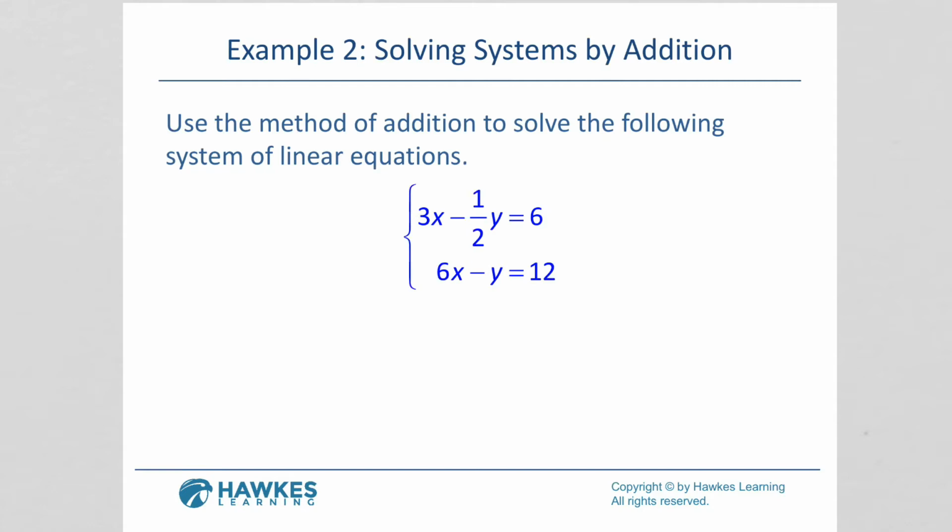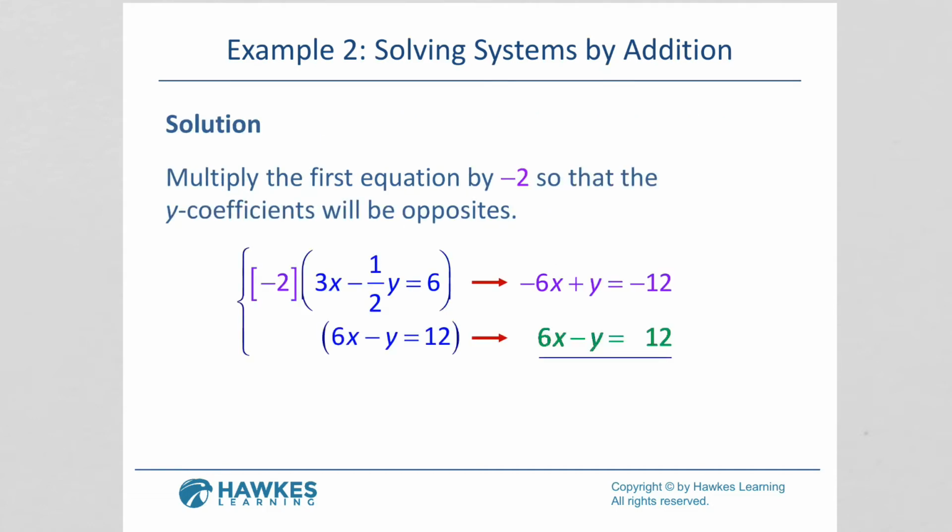Example 2. Use the method of addition to solve the following system of linear equations. 3x minus 1/2 y equals 6, 6x minus y equals 12. We're going to multiply the first equation by -2 so that the y coefficients will be opposites. So again, I'm taking -2 times everything in that first equation. -2 times the 3x gives me